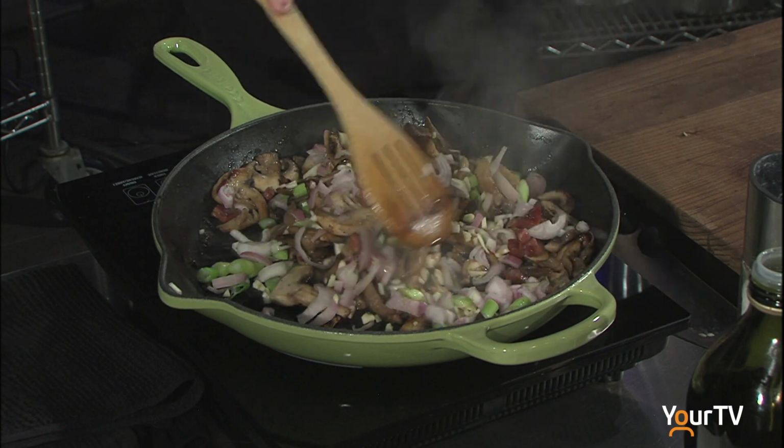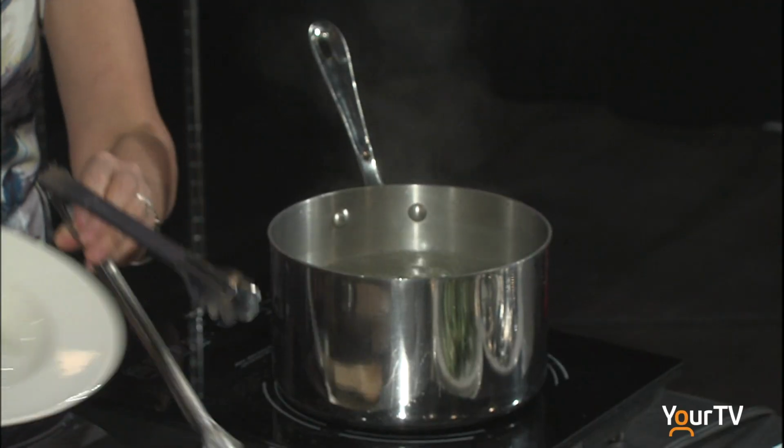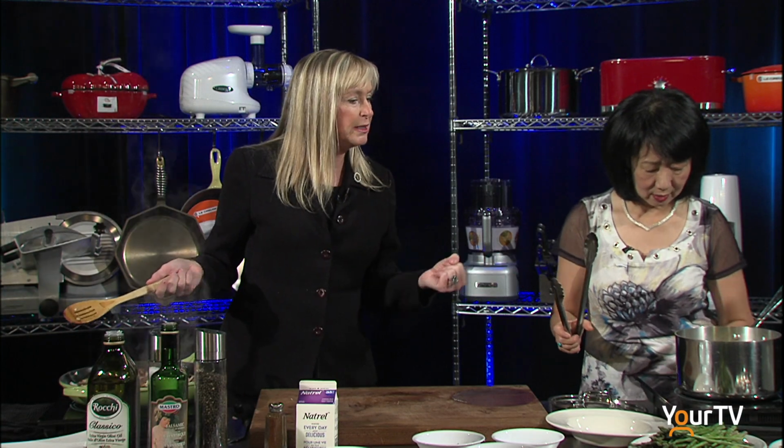Okay. So we're going to let this cook a little bit till it's translucent. This is a fresh pasta, and it cooks faster than the packaged pasta. I like it. It's fresh. It's nice. So we'll just boil the water first. And just put it on and loosen it a little bit. That's right. As soon as it comes to a boil, we